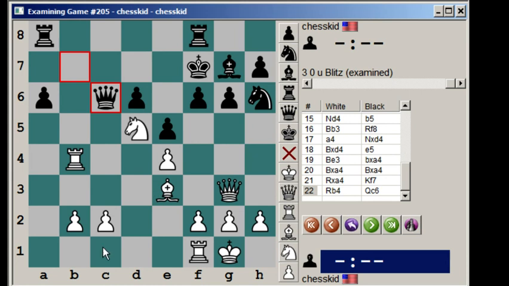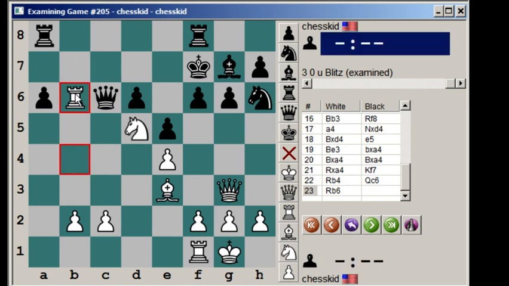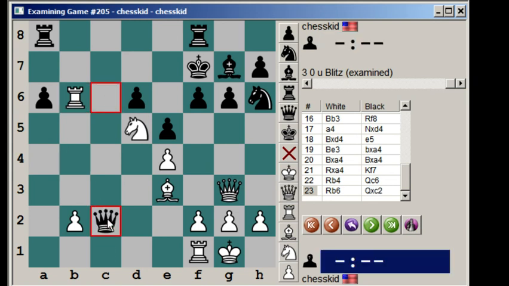I mean, there are multiple ways to win here. So I played rook b6, which is also quite good. And so he takes on c2, which he can't really do. Okay. So now